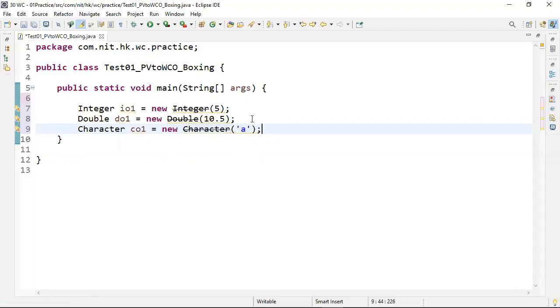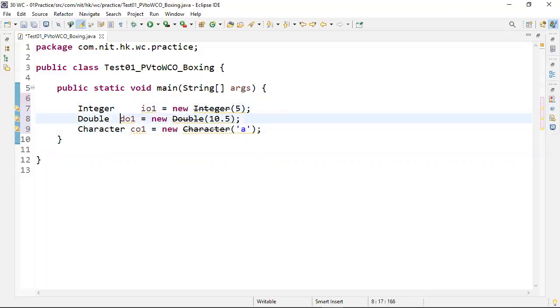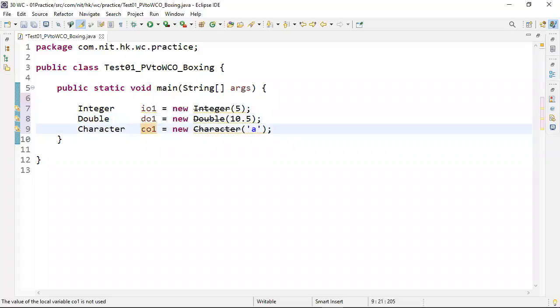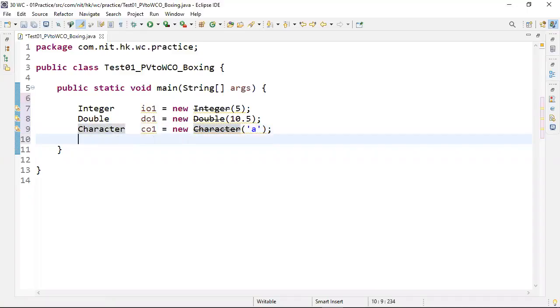Tell me, the background memory diagram is as previously. In the Integer class object memory diagram the value contains 5, in the Double class object the value contains 10.5, and in the Character class object also we have the value variable which contains single quote a. Okay, right, no difference. Then next, now I want you to represent boolean true as an object. Then which class should I use? Boolean bo1 equal to new Boolean of